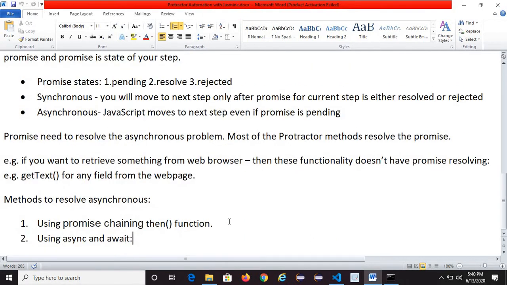So here you can see methods to resolve asynchronous problems. First one is using promise chaining, the then function, and second one is using async and await. So these are the methods which we will use to resolve this asynchronous problem. Okay,